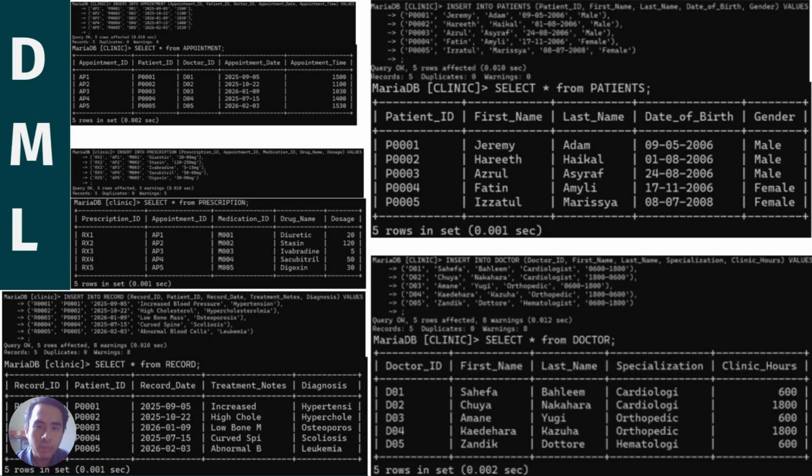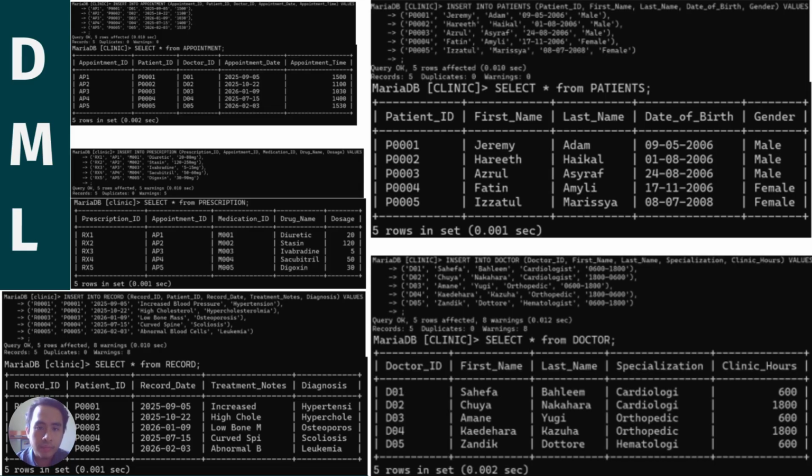Patient ID, for me, I put P0001, close, and then comma, next, open, then first name Jeremy, and so on until close bracket. Comma, enter, next, and we repeat it until we finish what we want to implement into our tables. And then at the end, we don't do comma, but we do semicolon instead.